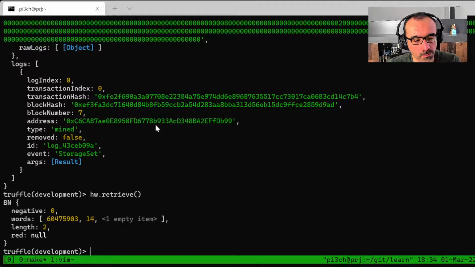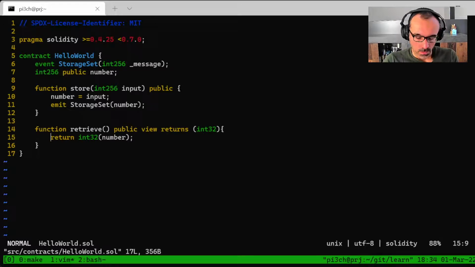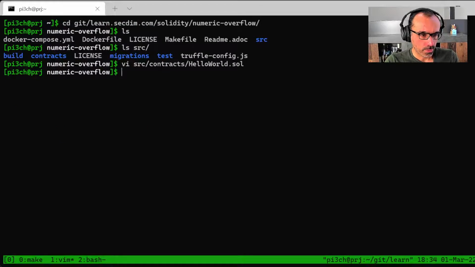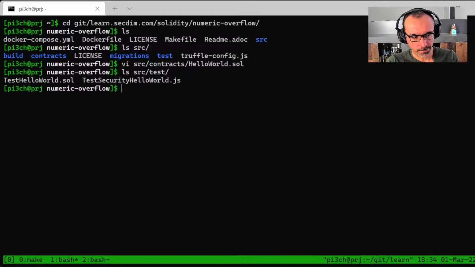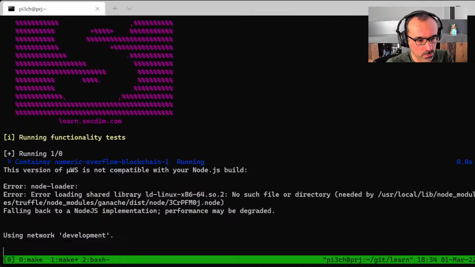So the other thing I want to now also try to do here in the lab, let me go back here. And let's go and open, we also have a number of tests in each lab that will be testing the usability of this contract, like a typical unit test, and the other one is specifically designed to test for that security one. To run them, you can simply run make test. This will just make sure that our contract can be successfully deployed and run. So yeah, let's see how this goes.